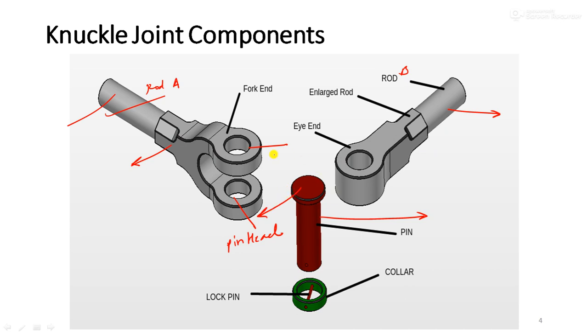Now the condition is that we have to design this knuckle joint, that is we have to do the stress analysis of the different parts, because this knuckle joint will be subjected to tensile force, and because of this axial tensile force different stresses will be created in the different parts. What stresses are created in the different parts, that we have to understand.